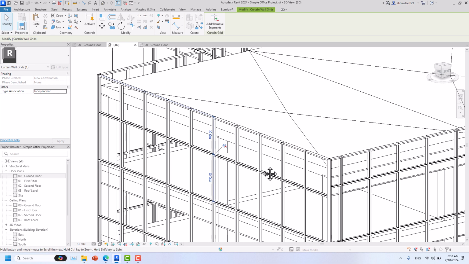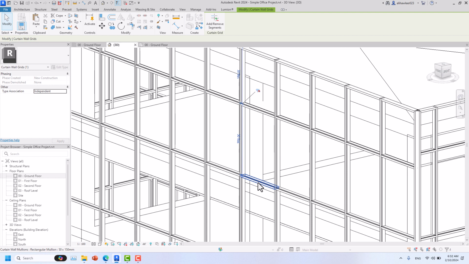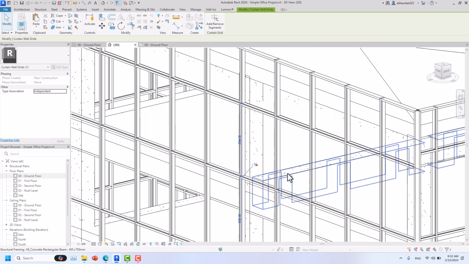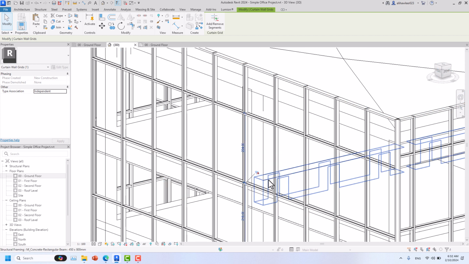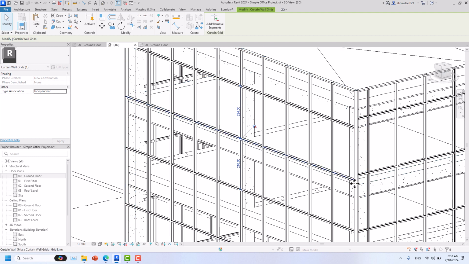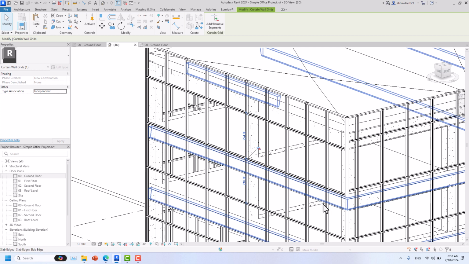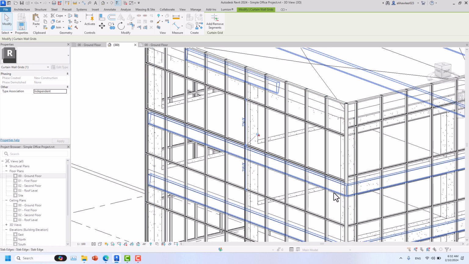Okay, something like this. Can do the same thing with this one. Just press and unpin it, and you can use your tab, your arrow keys on your keyboard. Okay, I would like to align it with this here, and actually right now I can see that I need